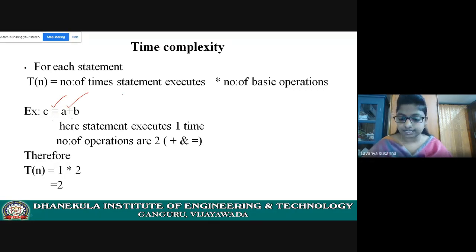Remember this formula: T of n equals the number of times a statement executes into the number of basic operations. Next, there is another formula.